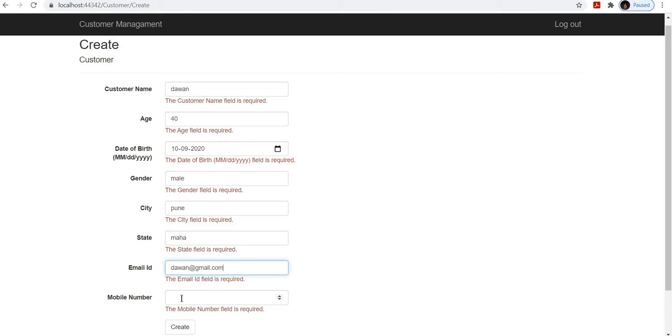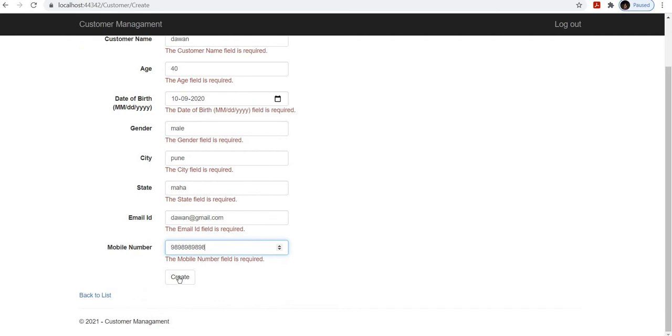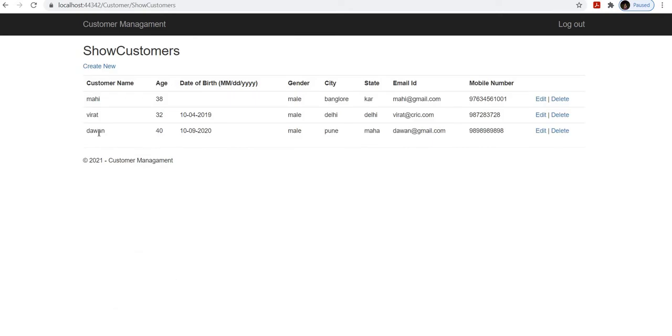Fine. And any random mobile number, fine. And click on the create button. So the detail is submitted into the database and it is showing in the show customer page.